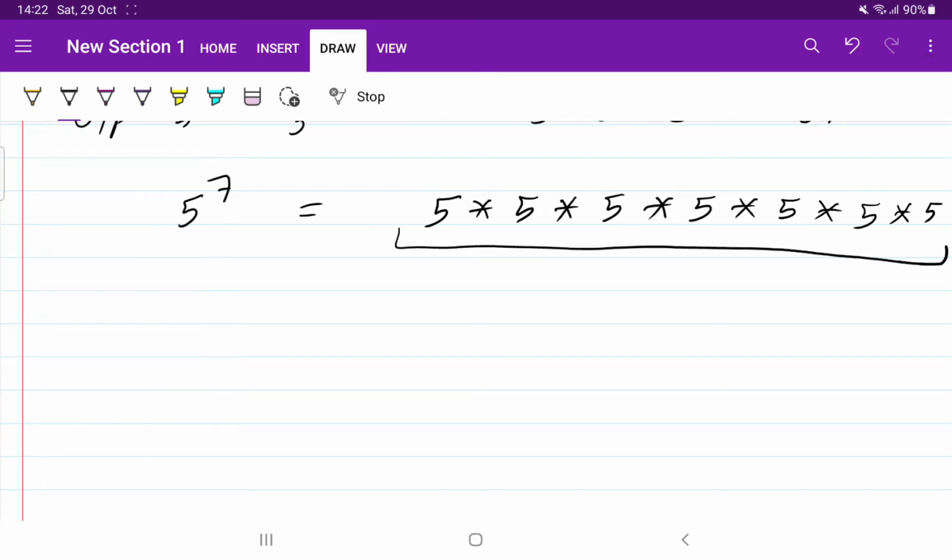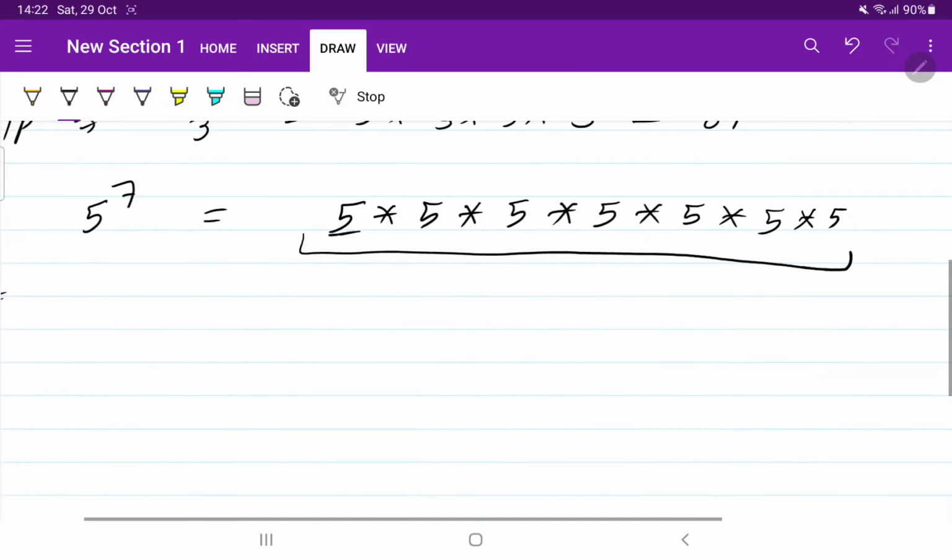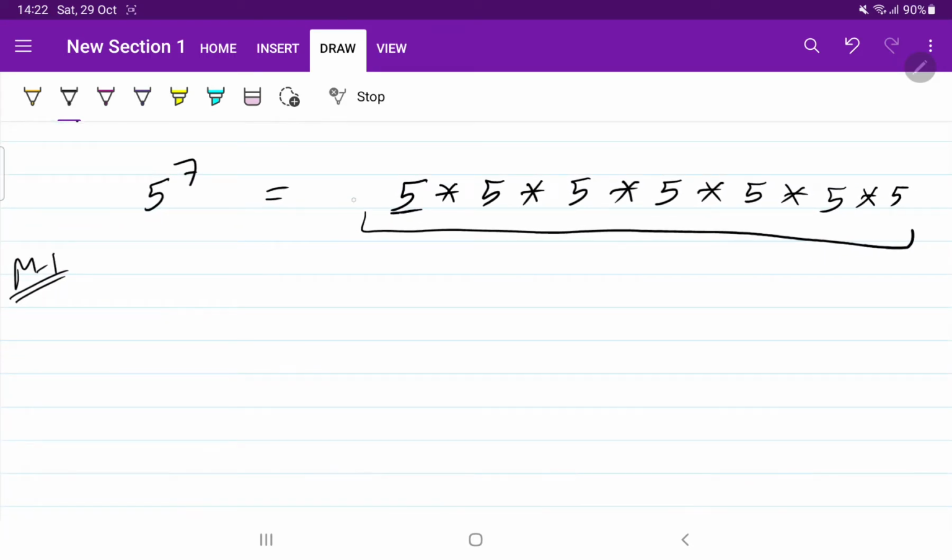Now we have to tell the computer the same thing: calculate 5 to the power 7. One method can be that we tell the computer to multiply 7 times. First of all I will take one result variable whose value is 1. Then I will run a for loop.